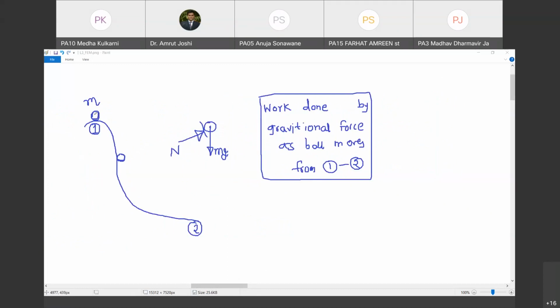Yes sir. Actually, this ball has many displacements. It is getting displaced in the x direction as well as in the y direction. Do you agree with me? Yes sir. But in the direction of mg, which displacement is there? Tell me. Y. So therefore, I am going to be concerned only about its y directional motion as it moves from 1 to 2. Do you agree with me?